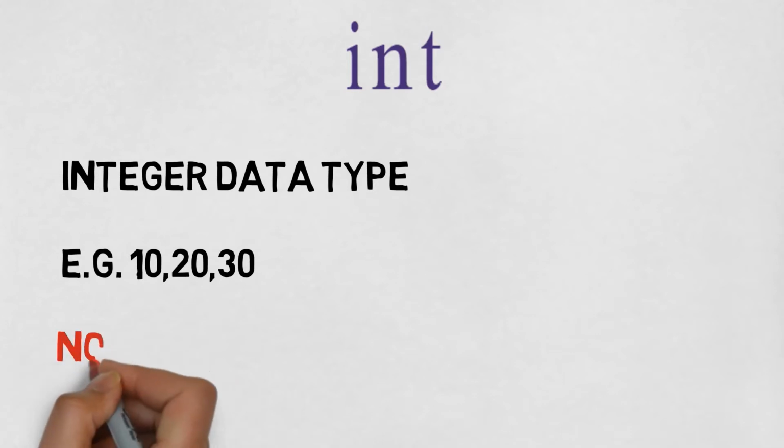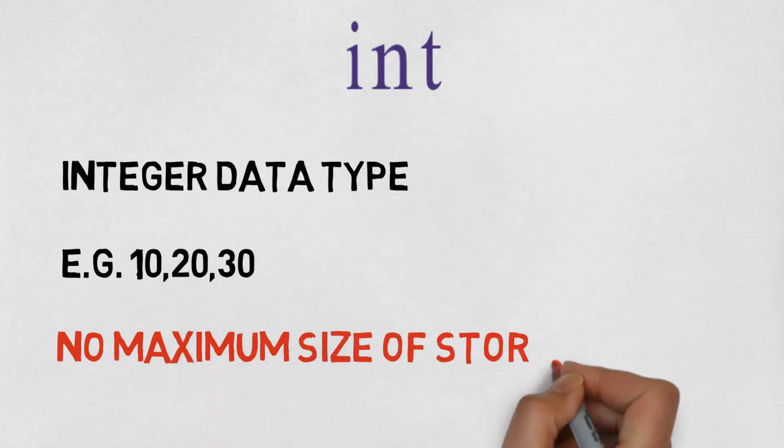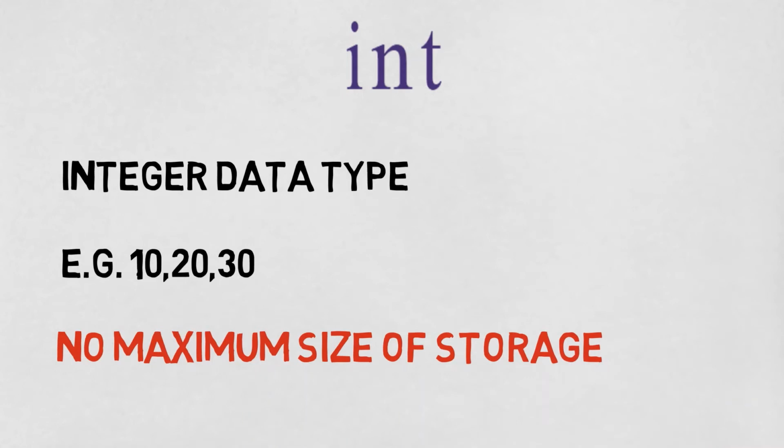And the biggest feature of Python 3, one of the features I would say, is that there is no maximum size for the integer data type. In simple terms, there is no minimum or maximum value range specified for integers. So you can use as large a value as you want without really having to worry about the range, which was not there in the earlier Python 2 version.